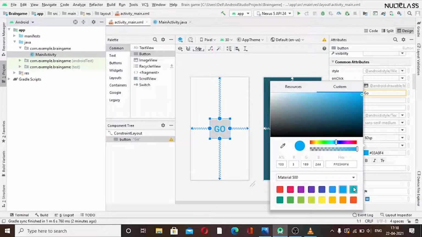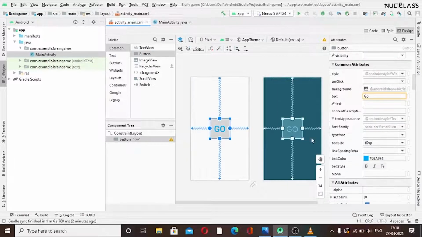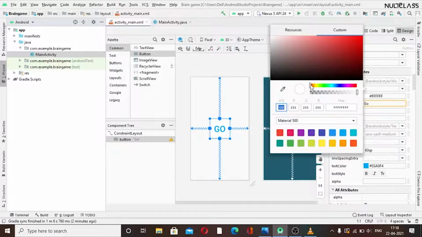So this will be for our text, like what you want for our text. So I will go with this. And for the button background, you can check its color from here. Like if you want blue or something, I guess light color will go. Okay, this seems fine. Or you can add orange color. This looks better. Okay, so I will go with this.